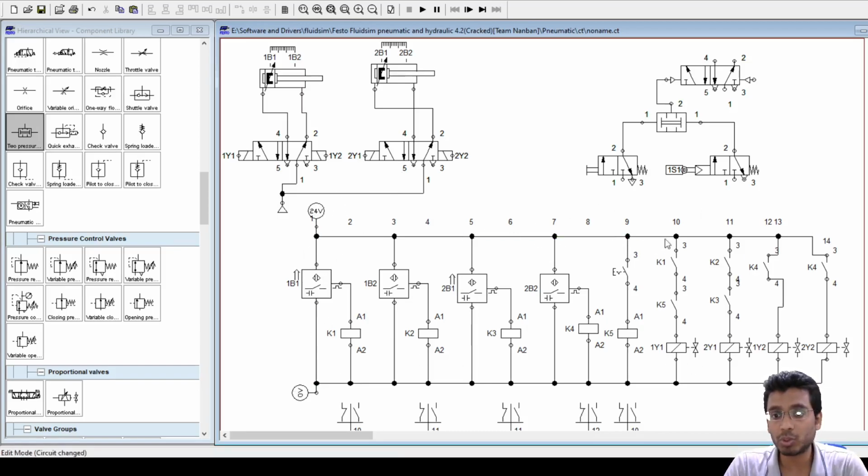So right now I am showing a 24 volt connection here. However, when you are using a relay, the relay can also have another contact. What the relay does is it just energizes your armature coil. However, all these contacts, K1, K3, can actually run on a different line. So you can use a 220 volt connection if these spools are very big in nature.